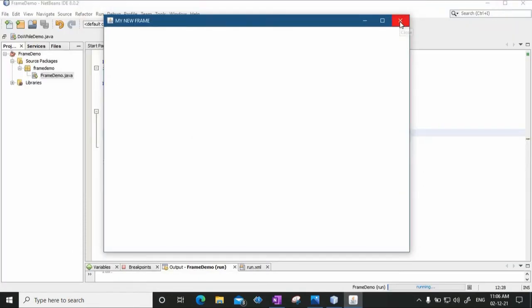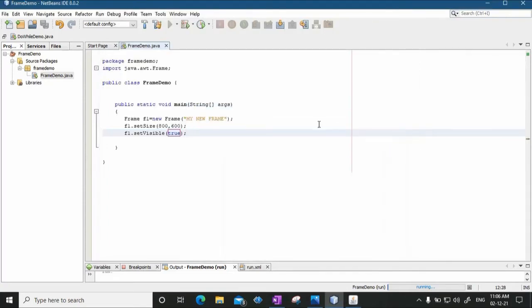However, when you click this close button, the frame will not close, because this requires an event. We will see later on how to close a frame. Closing a frame uses an event, and there is a class called WindowAdapter that we are going to use to close the frame. So the code to close the frame we are going to see after some more exercises. Right now we will not close this frame, we can just minimize it and keep it.